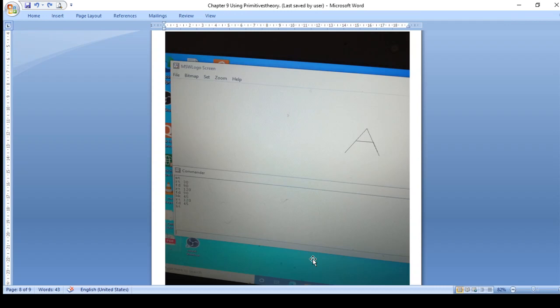So theory of chapter number 8, chapter number 9, and one more Logo commands worksheet has been given. You were supposed to write that in your study book, just for revision. So you can go through that also. If any doubts, in the coming interactive class you can ask me.